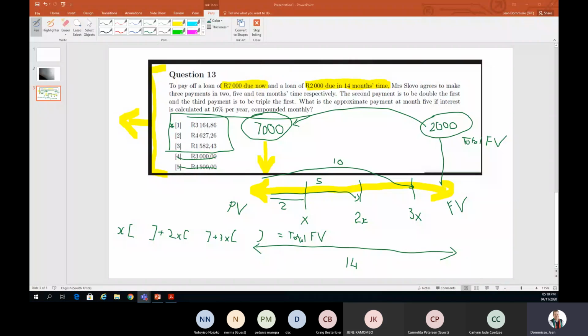So what was question 13's answer actually? The answer was option 1. What was it? Option 1. Okay, so I would have guessed it right, but I want to show you how to get to it. So the paper would help me as well to see if they calculated the future value.